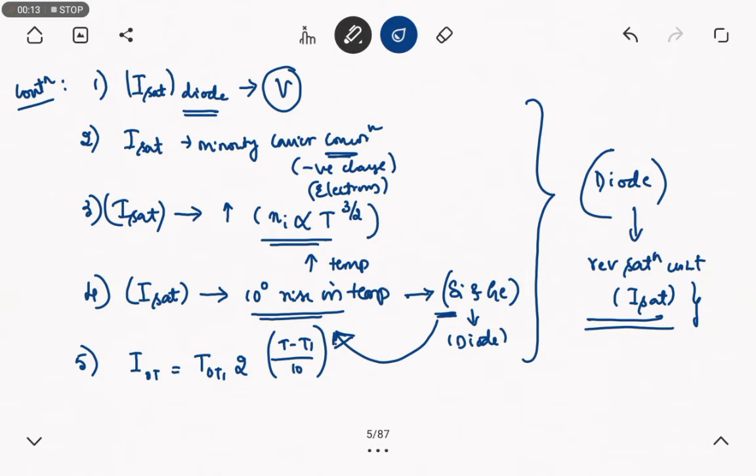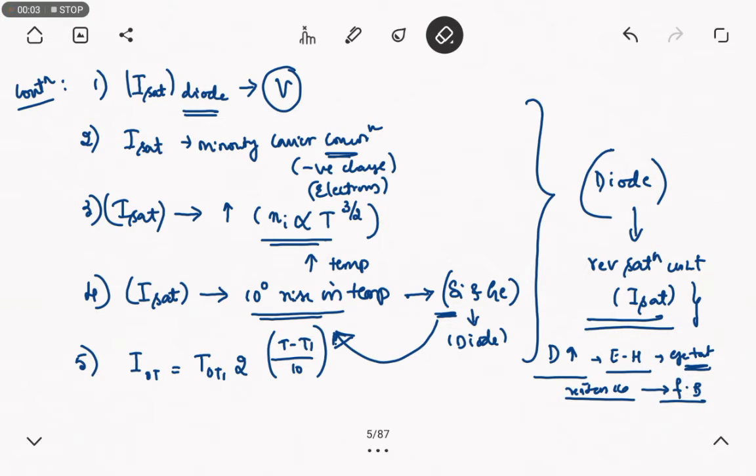When the temperature of the diode is increased, electron-hole pairs start generating in a very large quantity. When this generates in a large quantity, there is a reduction of resistance in the diode. Since there is a reduction of the diode resistance, the voltage drop across the diode is also reduced. This all happens in forward biased condition only. So how can we explain this?